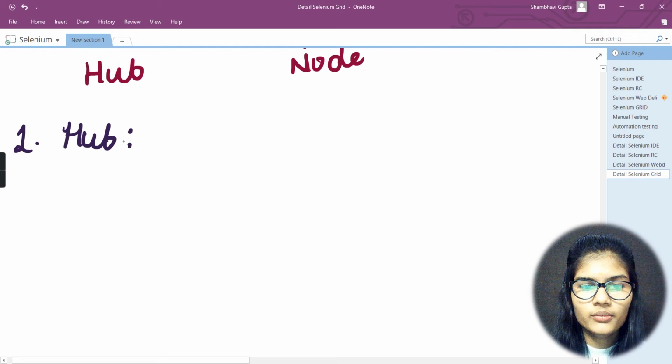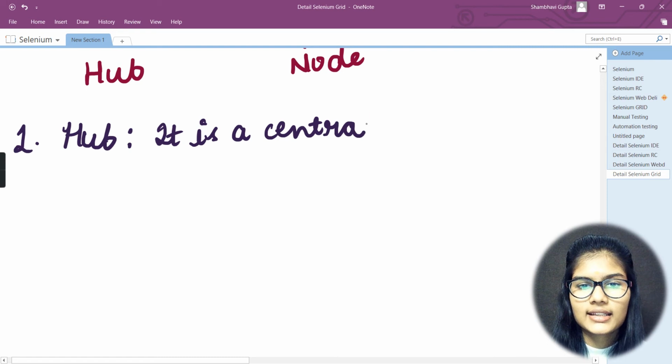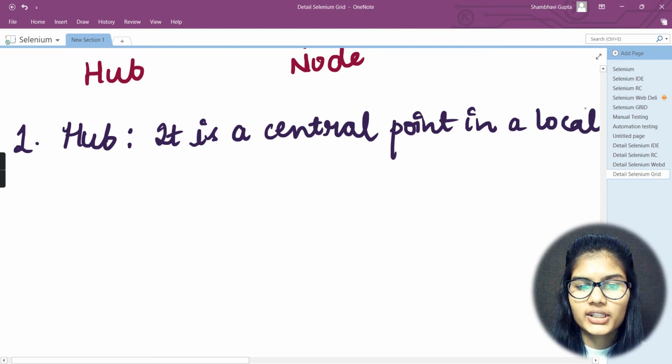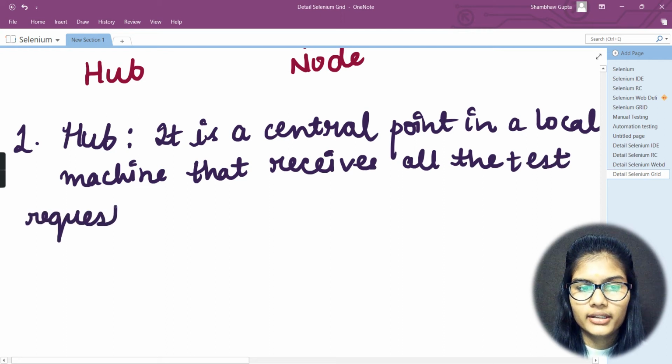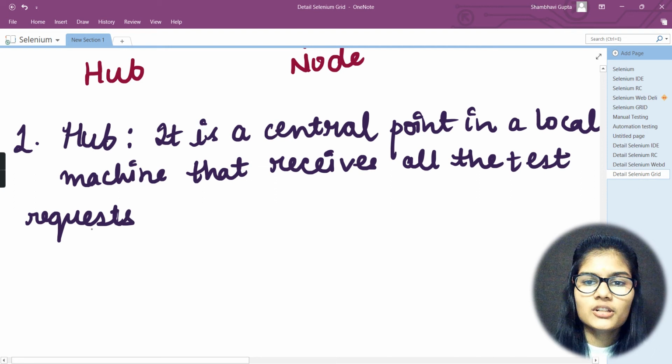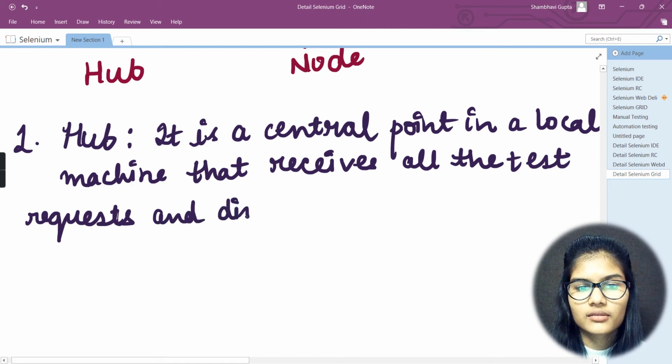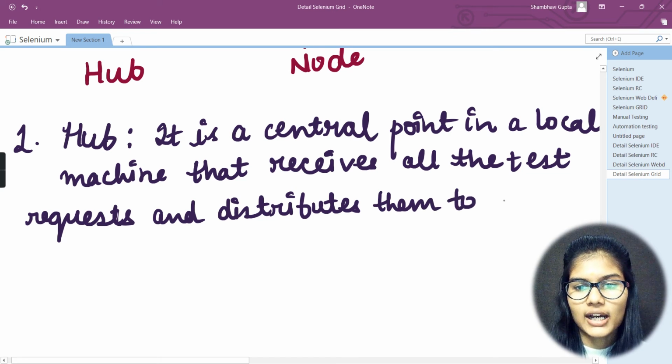So what is it? It is a central point in a local machine that receives all the test requests and distributes them to the right nodes.